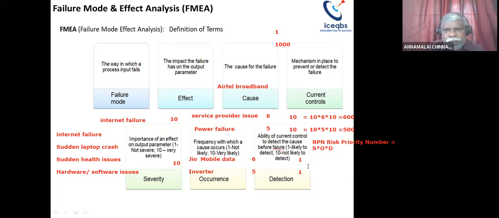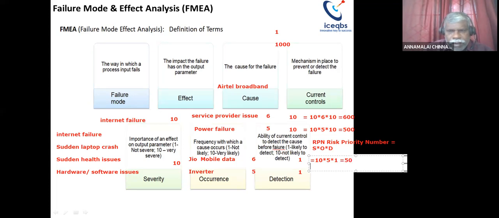So I recalculate the RPN. For the service provider issue, that is 10 multiplied by 5 multiplied by 1, that is equal to 50. And for the power failure, again, that is equal to 10 multiplied by 5 multiplied by 1, that is equal to 50. So before doing the FMEA, my RPN was very high, but now after doing this FMEA and taking some proactive action, my risk level is